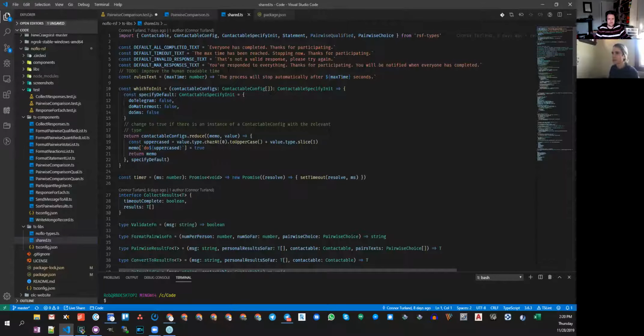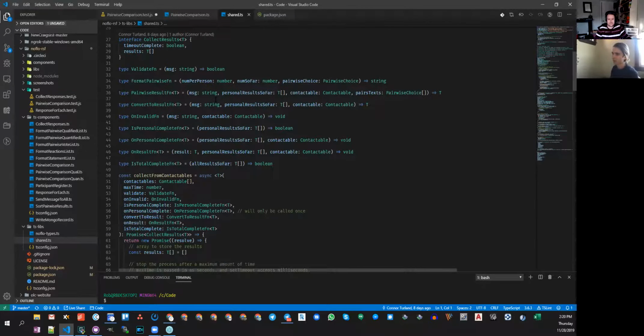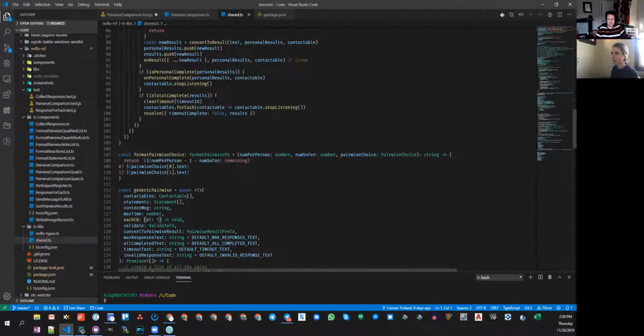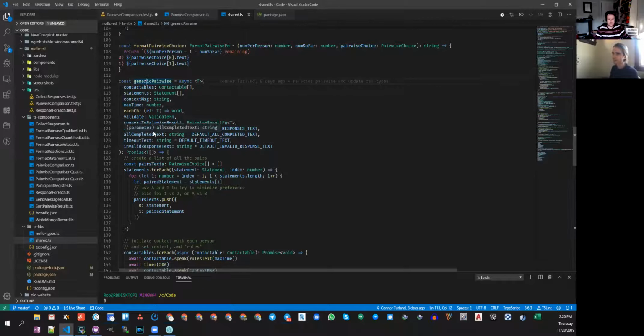Yeah, and then down at the bottom of this file, we've got the generic pairwise one here. So this is the one that all three pairwise modules call inside of them.